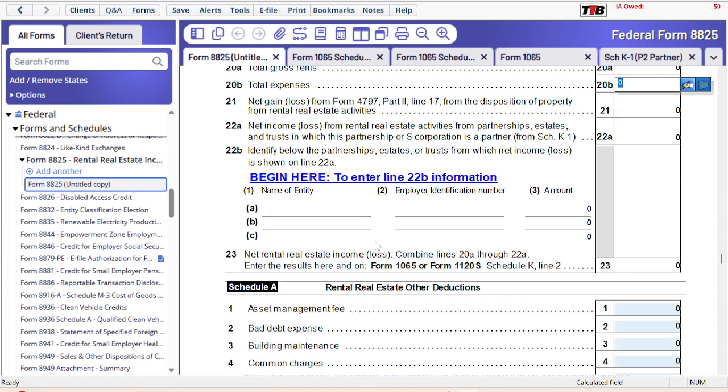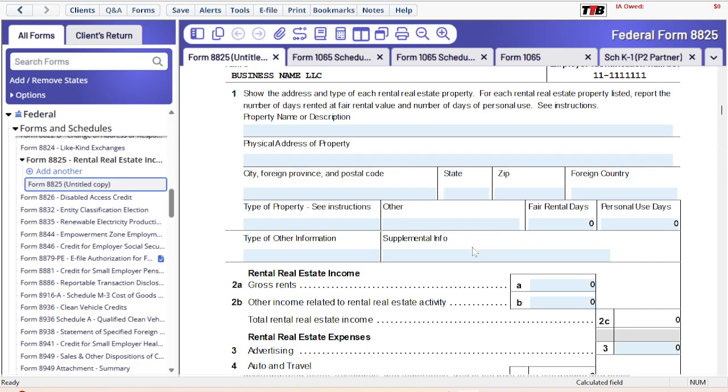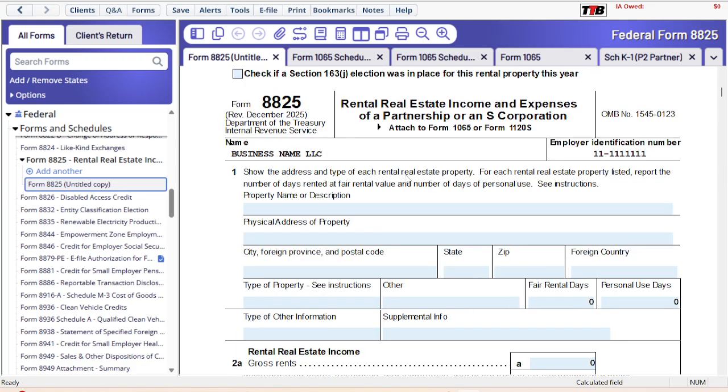But anyway, enter the result here or there. Just know that the form is going to be for each rental property. So show the address and type of each rental real estate property. For each rental real estate property listed, report the number of days rented at fair market value and the number of days of personal use. So this is per property. So if you have multiple properties, you'll be doing multiple ADA 25, in my opinion,